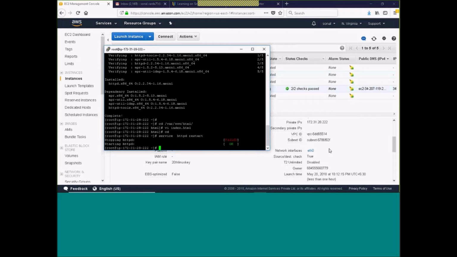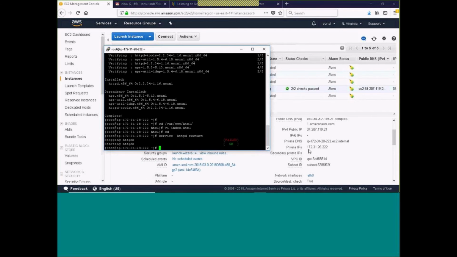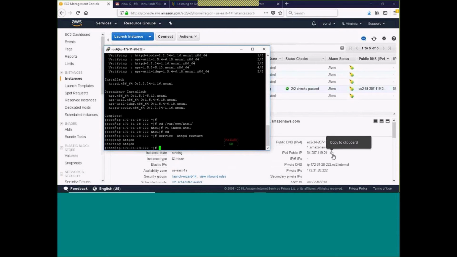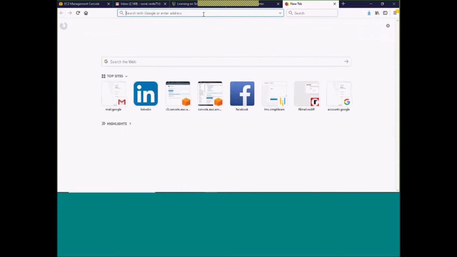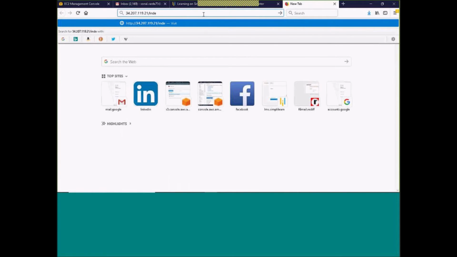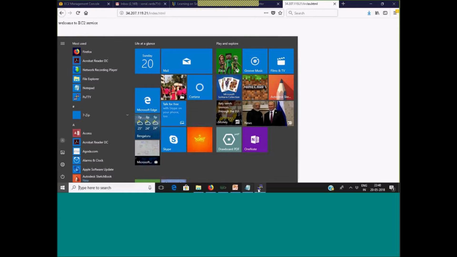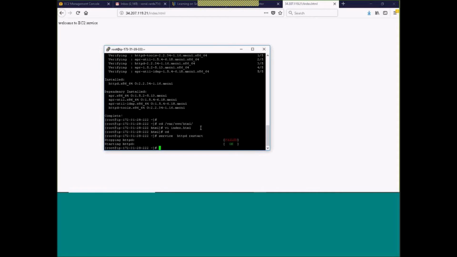Quickly I will check if I can reach this page by using my public IP. Yes, so I can reach this page. Now if I want this HTTPD service to be up and running even if I restart this instance, next time also this service should be up.